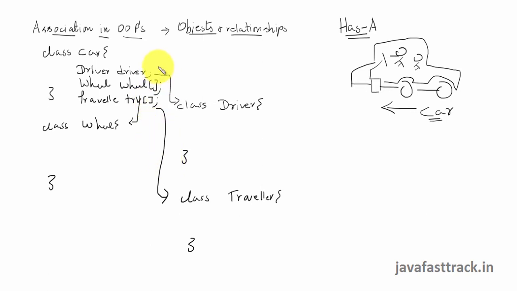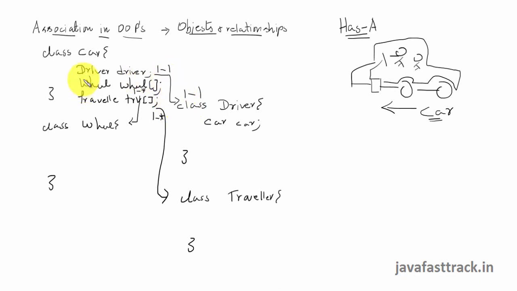Right now, this relationship is a one-to-one relationship. This relationship is a one-to-many relationship. And this relationship is again a one-to-many relationship. Now I make a reference from the other direction also. I say that this driver drives only this particular car. So it is one-to-one and one-to-one from both ends.